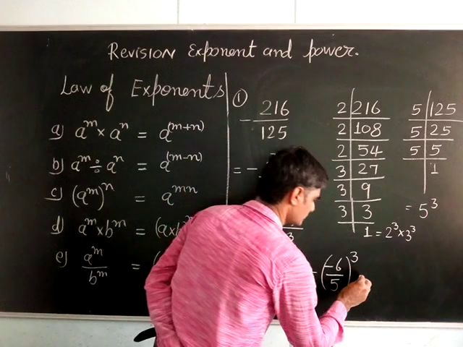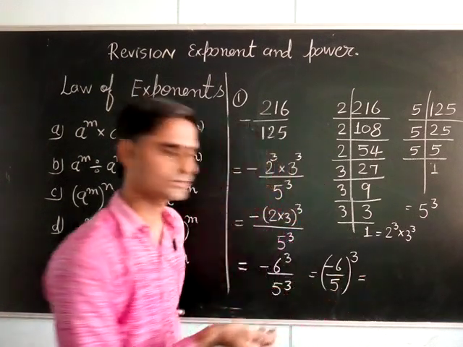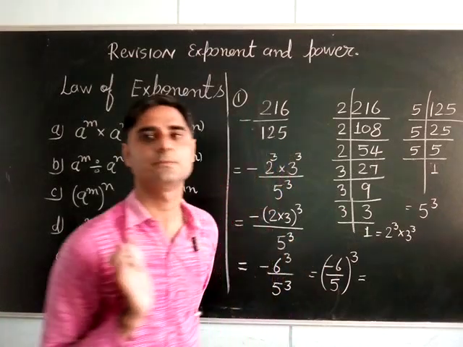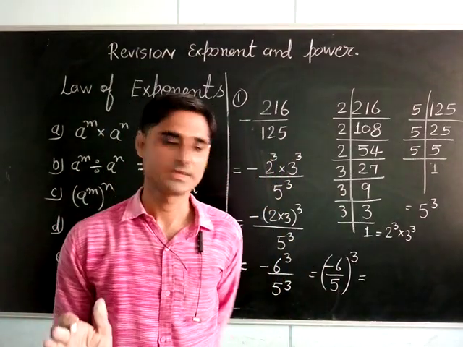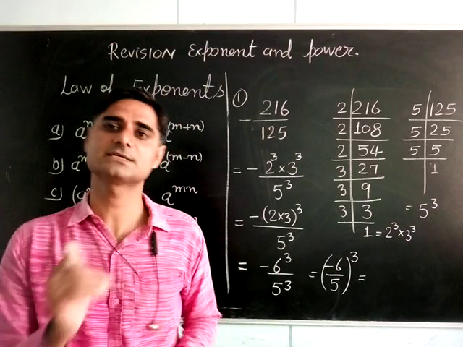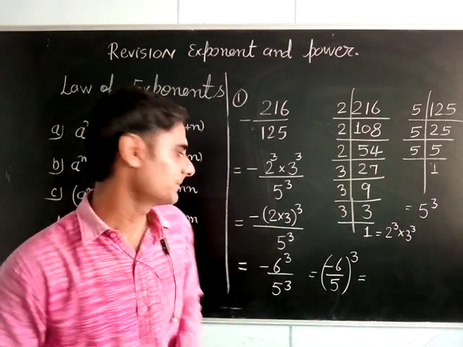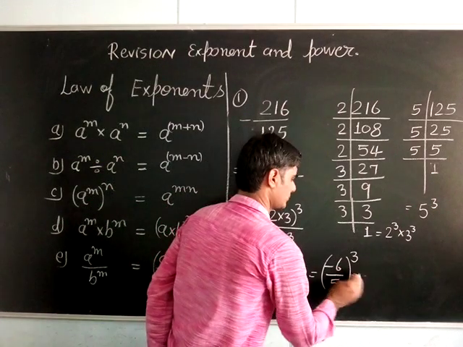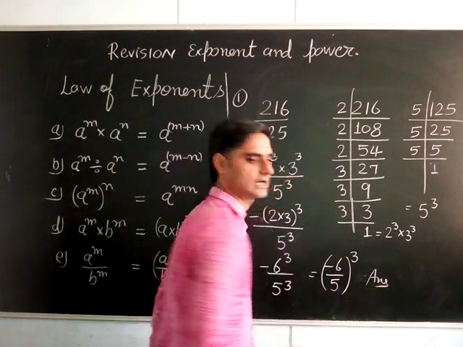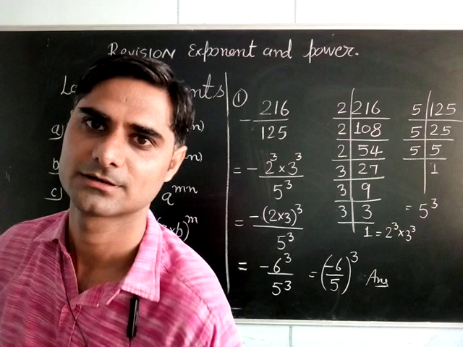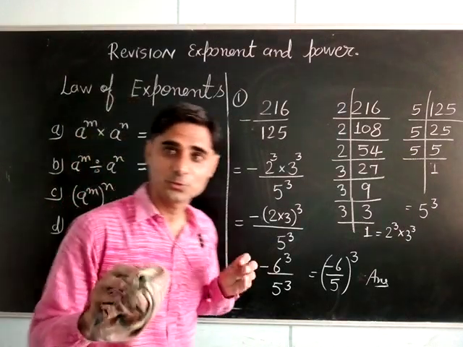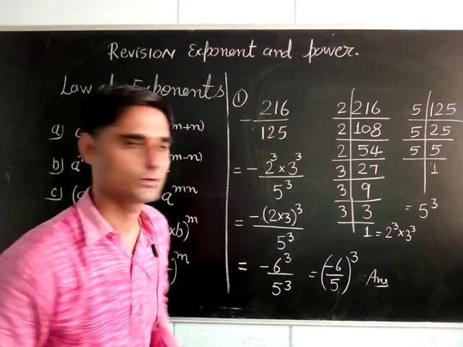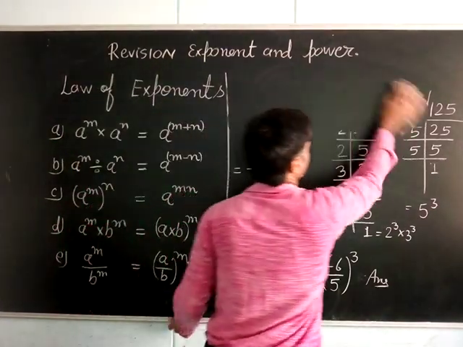Okay, so this is only the power notation form. So you can write like this only. This power 3, so the minus sign will be there with the same. If it is positive, you might change the same into plus sign, but it is negative, so this is the only power notation. So you can say this is your answer of the same question. Okay? Can you do it by the same method? It is very easy, not so difficult. Okay, let's do the next one.